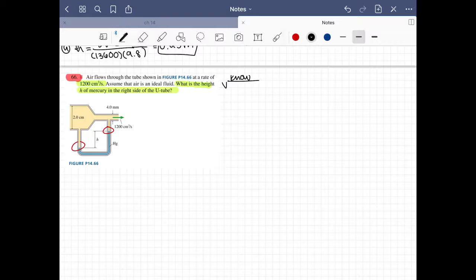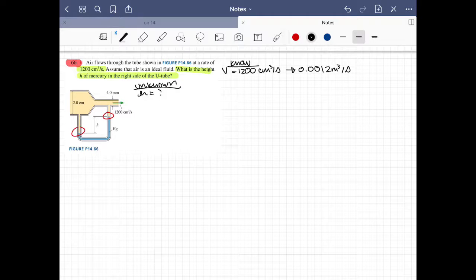So I know the volume flow rate, V, which is equal to 1,200 centimeters cubed per second, and that is equal to 0.0012 meters cubed per second. What I don't know, my unknown, is the height, which is what they're asking us to find. Because of the difference in height of the mercury in the tubes, we can use the difference in pressure equation, which says that P1 minus P2 is equal to